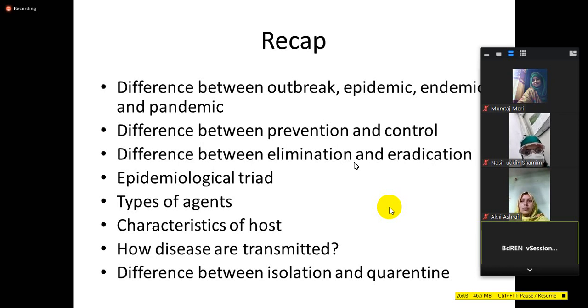Elimination means when we can make a system that no one will suffer from the disease anymore. So when it can be done in a specific geographical territory, it is called elimination. Eradication means it's completely rooted out from the world. That is eradication. So far, we have only one disease that is eradicated. This is smallpox. So now we are in the process of eradicating